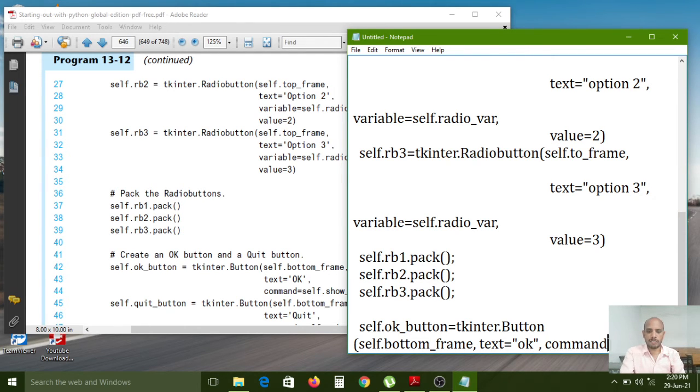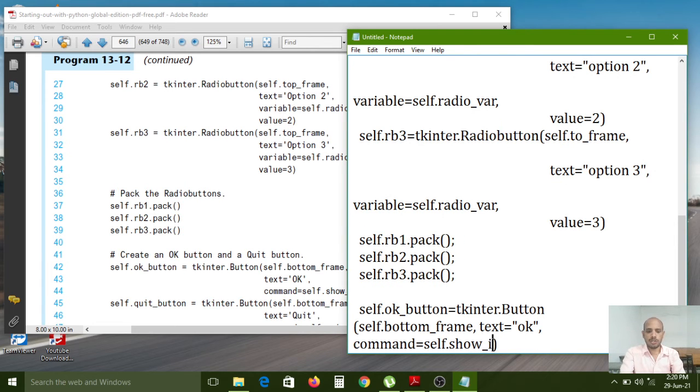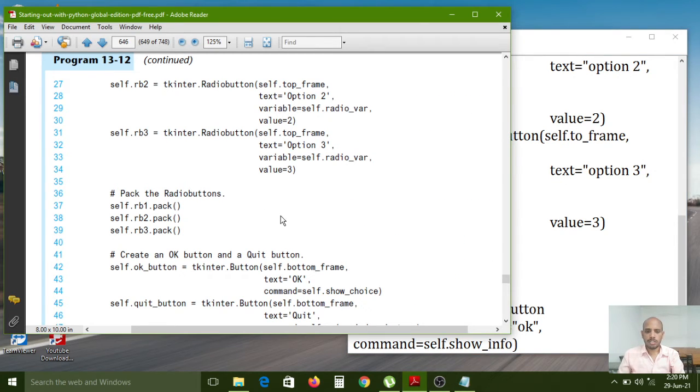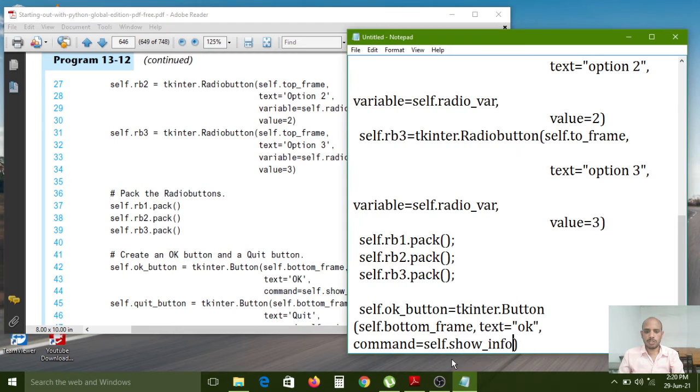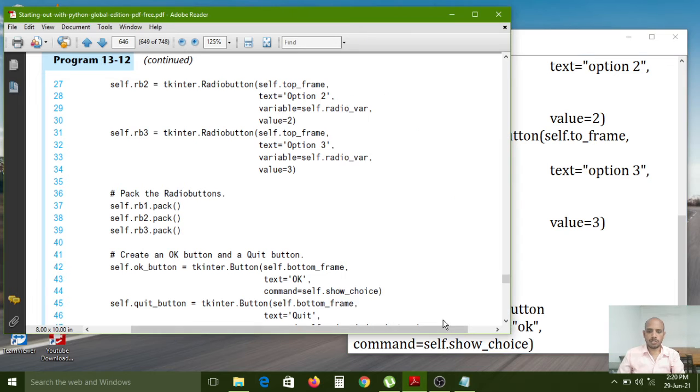This is the callback function, self.show_choice.